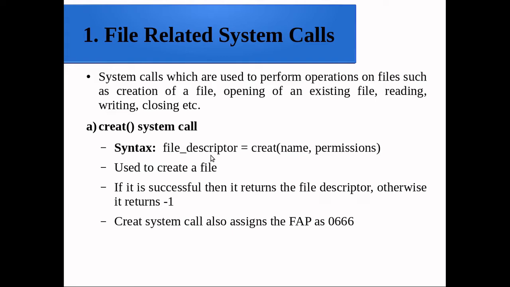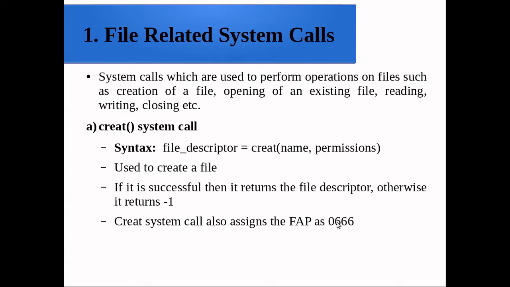And the syntax is file descriptor equal to create, and we have two arguments, name and permissions. Name indicates we are going to create a file with this particular name, and permissions means what? When we create the file, what all permissions we have to assign, like read, write, execute. It will be represented with a 4-digit number, and always we know that file access permissions will be a